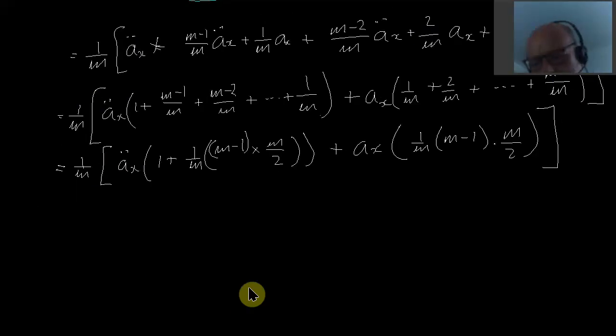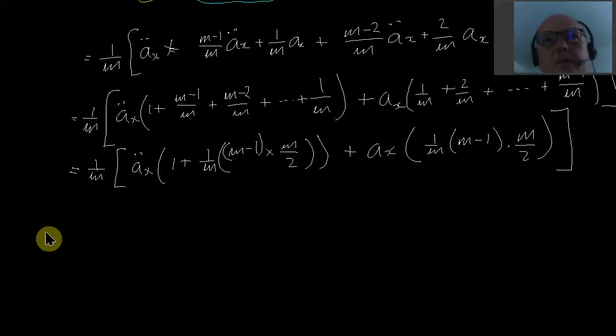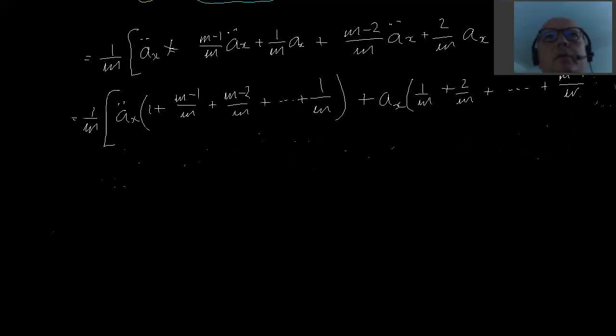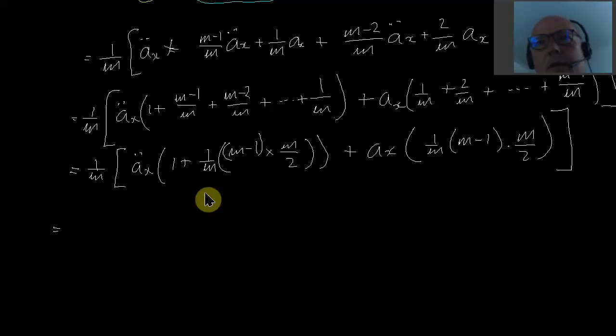It looks complicated, this, but actually it's just rearranging a bit of stuff. It's not too hard. So let's just get a different coloured pen and start crossing out some stuff. So that 1 over m goes with that m, that 1 over m goes with that m, and we're going to have 1 over m, open brackets, a double dot x